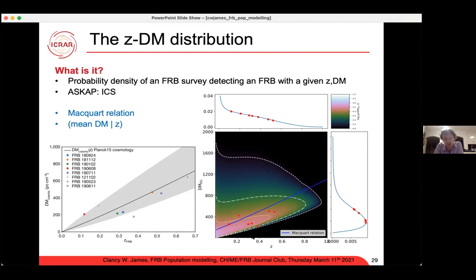Because you can plot points in both redshift and DM, and this is the probability distribution, including all these biasing effects in redshift and dispersion measure. And this is 50%, 90%, and 99% of observations should lie within these contours. And what you see is that there should be some order of 10% chance to see something in this distribution, which is a very large excess DM. We don't have anything in this very large excess DM distribution yet, except maybe you could argue actually this one, which is the slight under prediction.